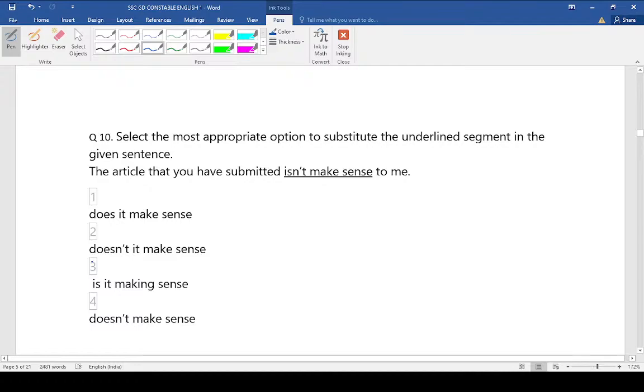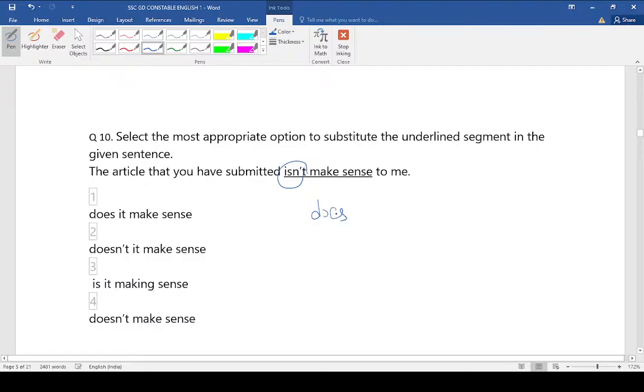Select the most appropriate option to substitute the underlined segment in the given sentence. The article that you have submitted is not make sense to me. The article that you have submitted. Have is given. So it is a present continuous phrasal form. So in this, when it comes to the present continuous, instead of this is not, we have to rearrange here. What we are supposed to rearrange is nothing but